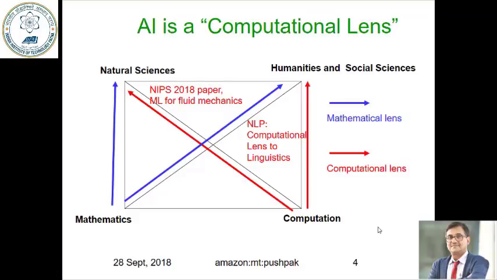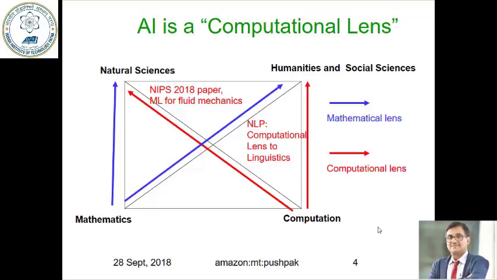Now it is important to understand that artificial intelligence is all pervading, and all areas of human life, all activities of human beings can involve AI for more intelligent and efficient processing. Artificial intelligence is manifested through computational mechanisms, and therefore AI is a computational lens to things that happen in the world around us. I can divide the intellectual activities of human beings into four broad categories: natural sciences, which involve